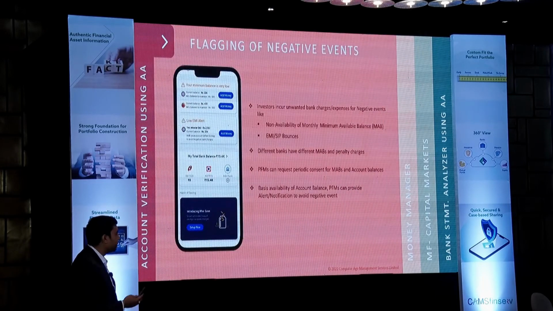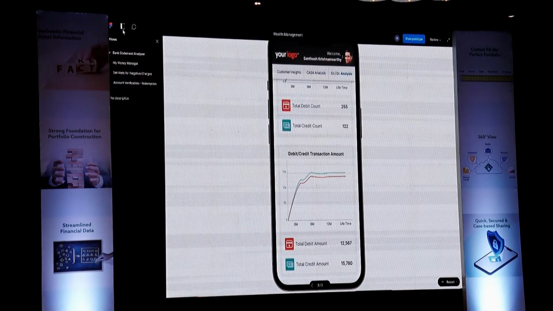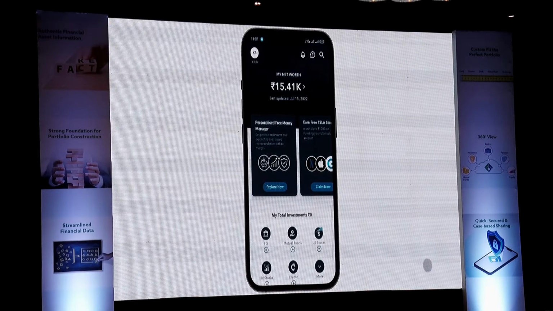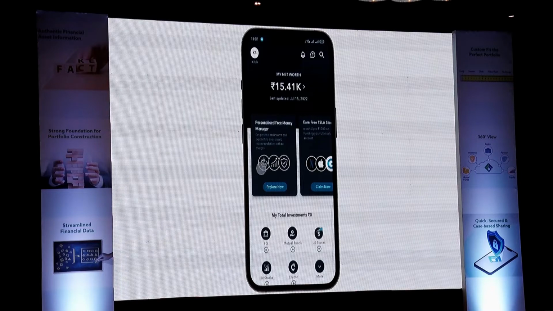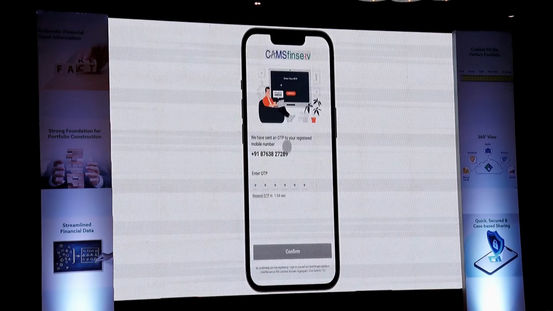The other use case that we keep talking about. Now going to the second use case, which is the money managing use case. So this will just give you a sense of what the journey on an application will look like. So if you go to explore now, this is our account aggregator journey today. So if you click on one of the banks which are listed,